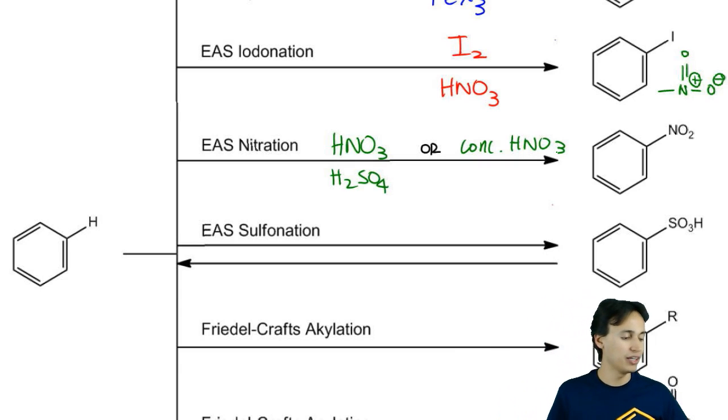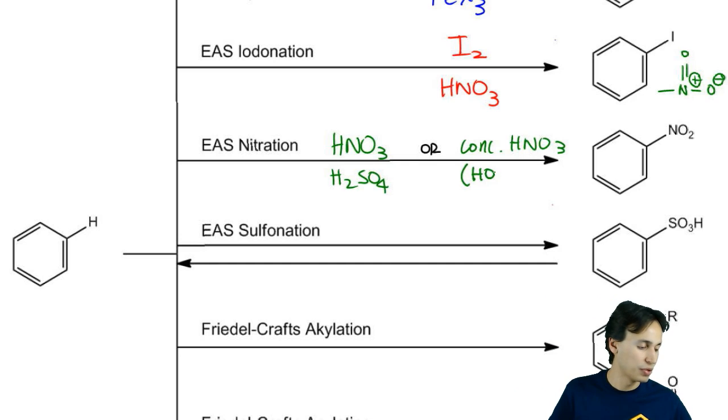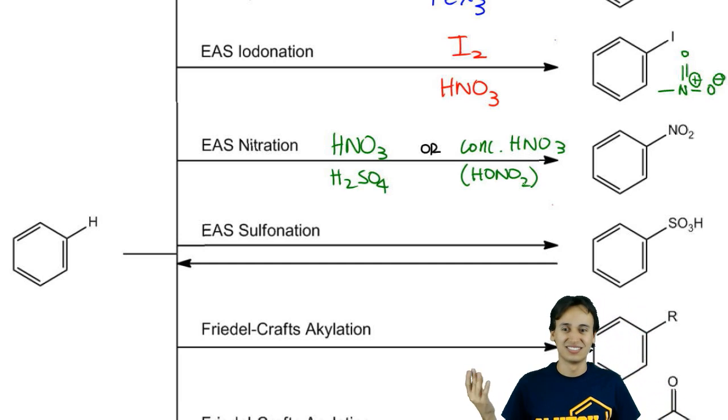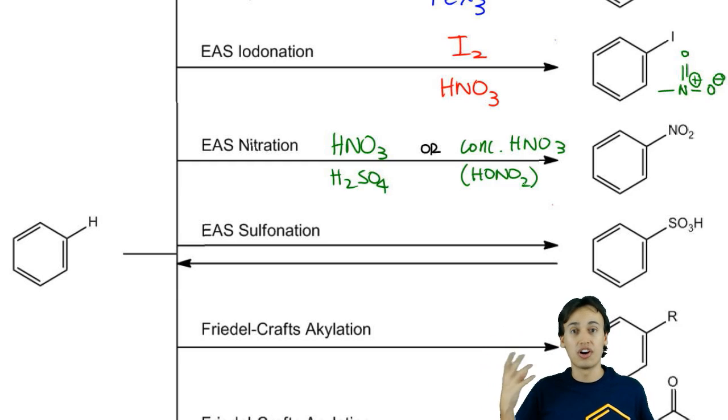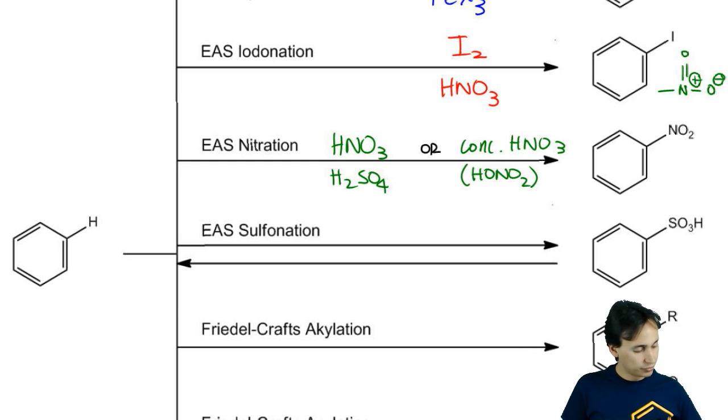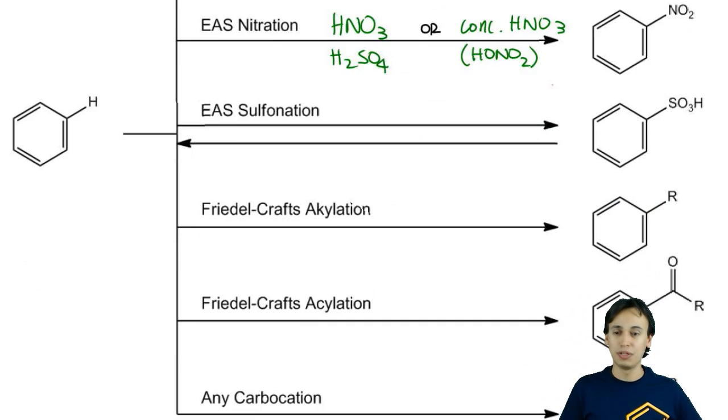Also, one thing to keep in mind is that nitric acid can also be written differently. It can be written as HONO2. Okay? This is just a little technicality that actually could make you stumble on an exam, because you might not recognize it as HONO2, but it's the same compound as nitric acid, HNO3. It's basically written based on the connectivity in a condensed structure instead of just the molecular formula. Okay? So let's go on to sulfonation,